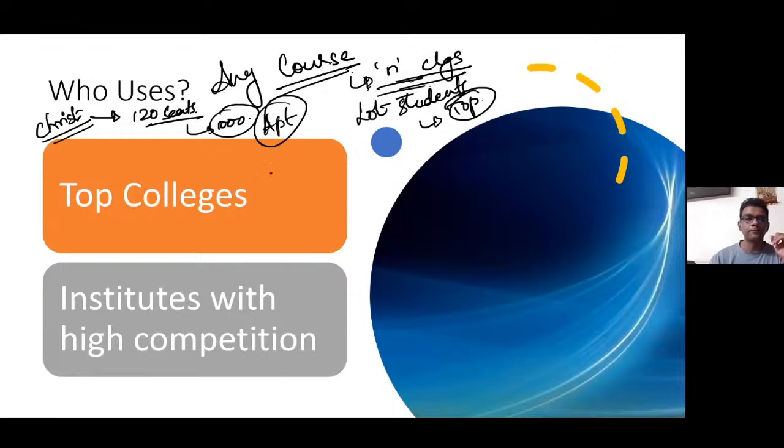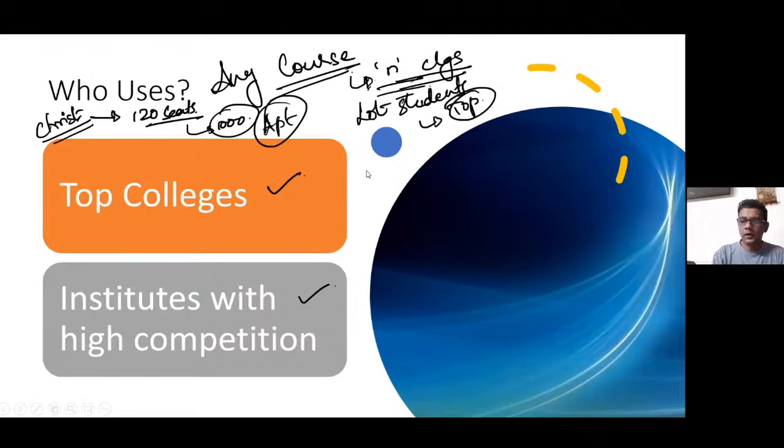And that's why top colleges or institutes which have very high competition, these are the colleges which use aptitude as one of the entry level strategies. Entry level strategy, it's like a gate. It's like a watchman. He decides, so he allows everyone from one gate to the next gate, but whoever doesn't clear the aptitude goes out of the gate. Okay? So that's the reason why an aptitude exam is conducted.